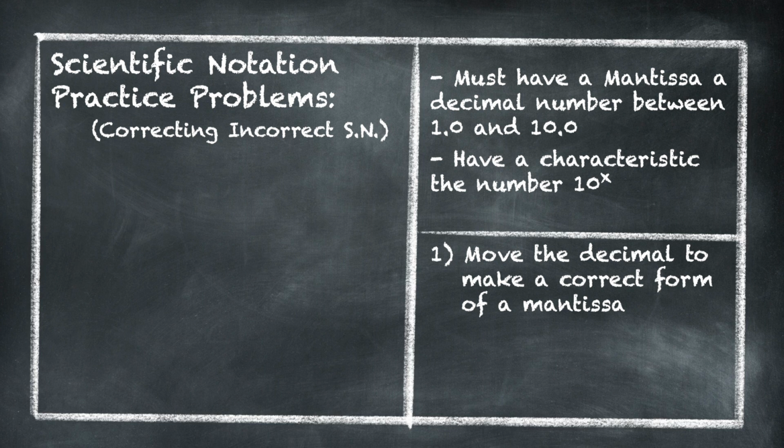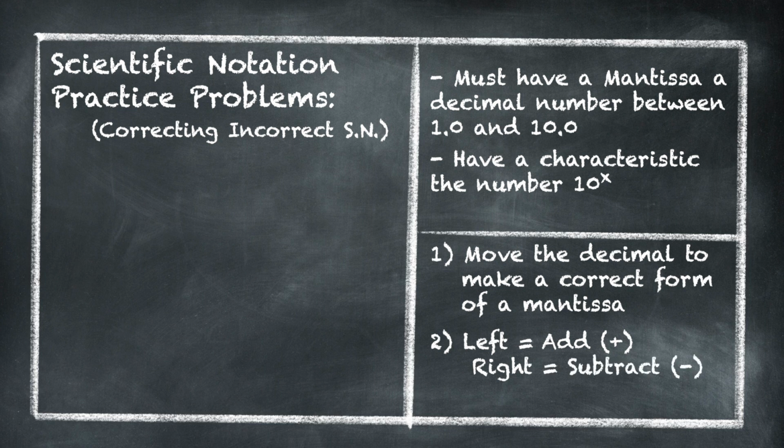Here's the key thing. If we move our decimal to the left, then we're going to add to our existing characteristic. While if we move it to the right, we are going to subtract from our existing characteristic. So let me show you how this works, and we'll work through a couple examples. 23.47 times 10 to the third power. To make this work, we are going to have to move our decimal to make a mantissa, a number between 1 and 10. This means we're going to move our decimal place 1 spot to the left. That's going to give us